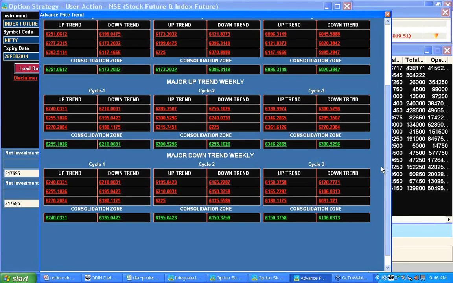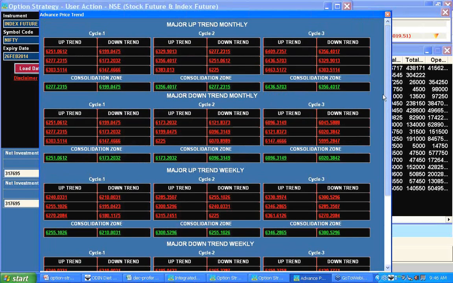So it gives me a weekly trend and it gives me a monthly trend. I am going for a projection of 10 to 12 days. Henceforth, let me look into this monthly trend. I have a band of 6277 to 6199, which is a consolidation band. I am very much within this band, and my